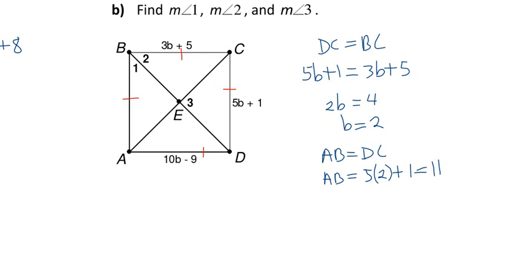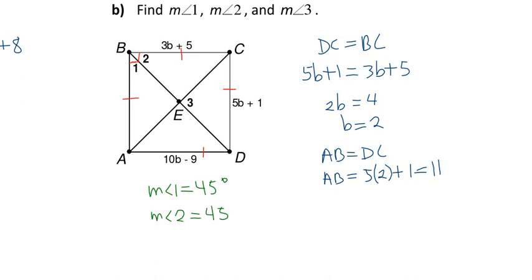So this one is also a right angle. And that makes angle 1 and angle 2, both of them 45 degrees in order to form the right angle if BD is bisecting angle ABC. So that makes the measure of angle 1 equal to 45 degrees,